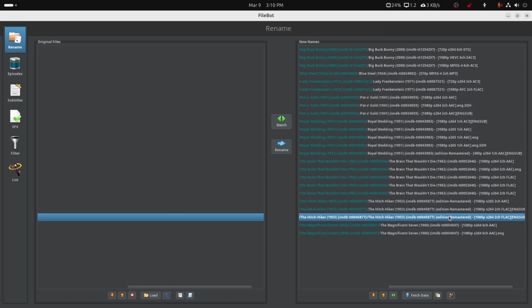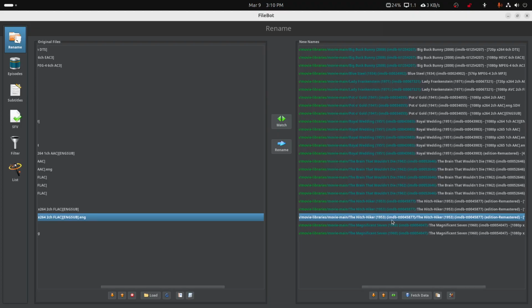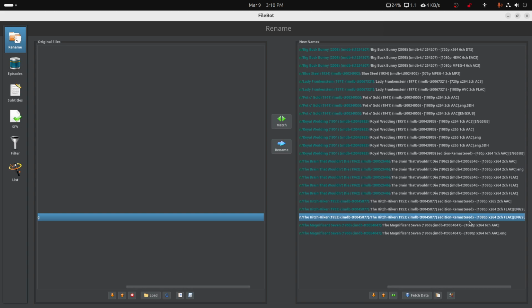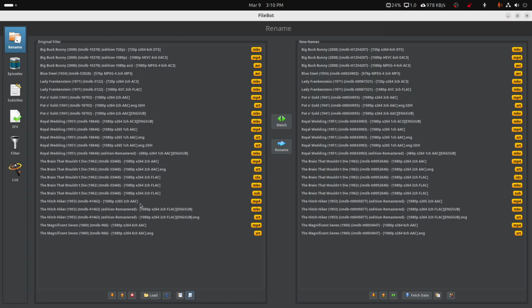So it's picking up the original remastered edition, and all it's really doing is it's changing the structure to use the IMDB source ID in both the folder and the file name. Here and there. And if we choose the IMDB rename only, it's not going to change the folder structure, so it's not shown on the preview. But now it's changing the source ID from TMDB to IMDB. And again, it's picking up the common edition tags